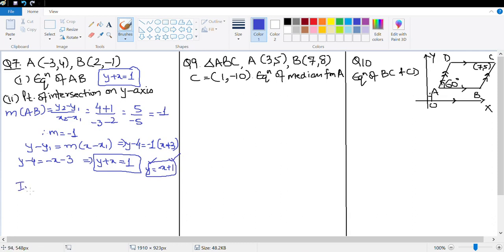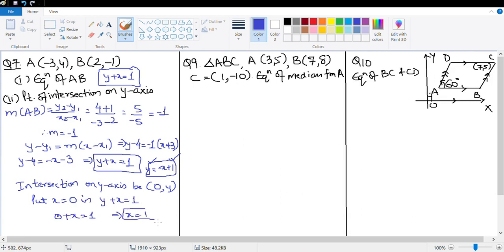So intersection on y-axis, which means we are trying to calculate the y-intercept. If it is intersecting on y-axis, which means value of x is 0 and the value of y we don't know. So which means put x is equal to 0 in y plus x is equal to 1, and we get 0 plus x is equal to 1, which means x is equal to 1. So what do we have to calculate? We need to figure out the coordinates of the point where the line intersects y-axis. Then the coordinates would be,